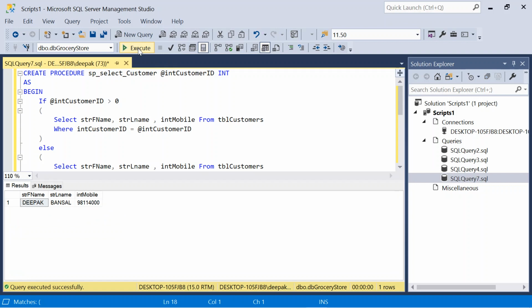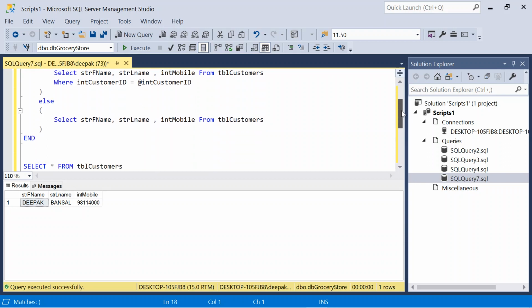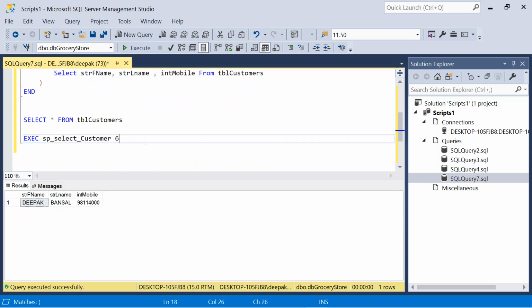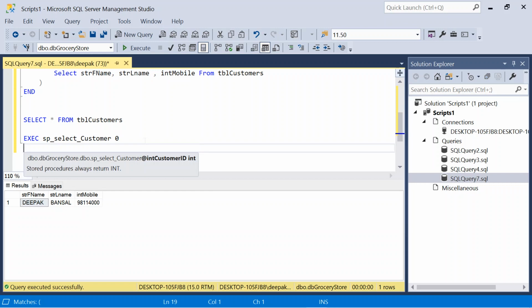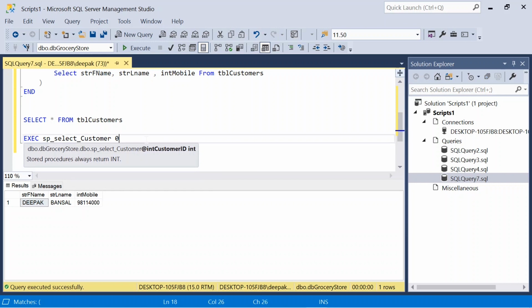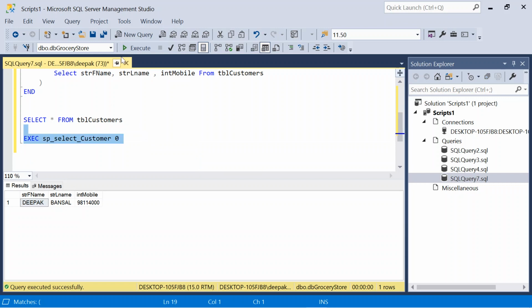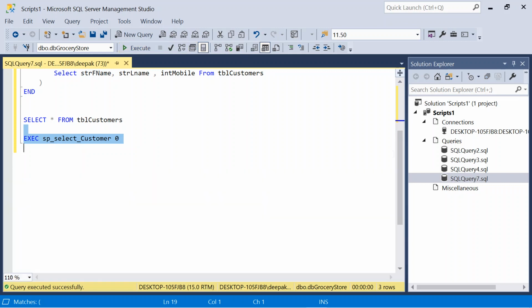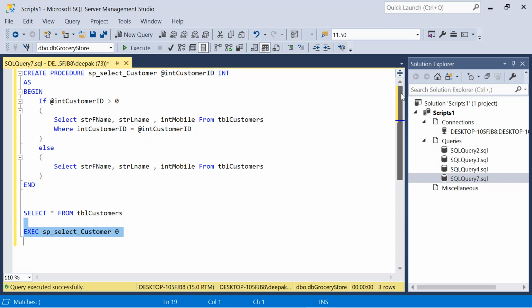So here you can see I have passed customer ID, so data is received for that particular customer ID only. If I pass customer ID as 0, then all records will be retrieved. Right, here you go. So basically this is an example of store procedure to retrieve data.